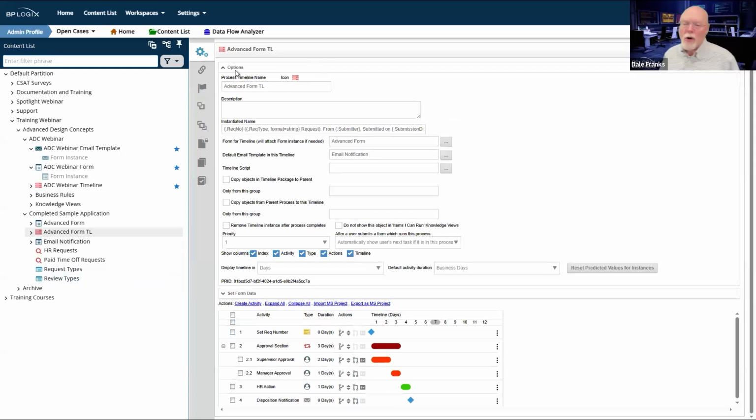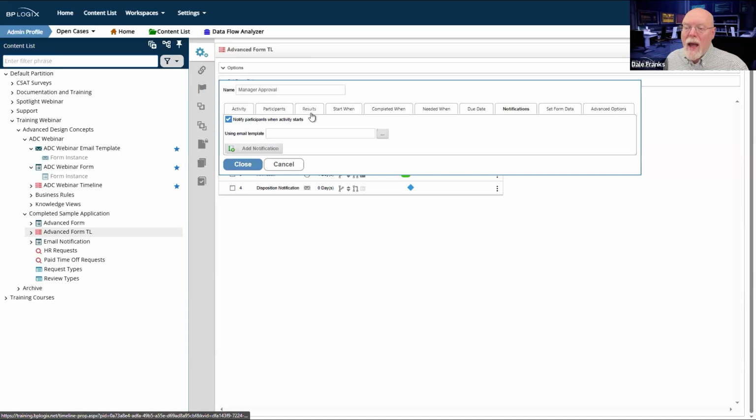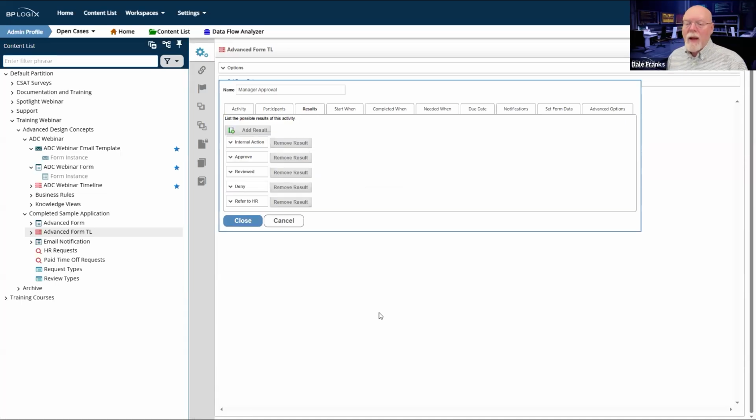now we looked at this earlier when we were talking about the timelines, and we looked at the different types of approval and how the different types of requests are going to work and how we're going to provide different types of results for each request. And because this is a little more complex application, I'm going to have different results at different times. And I'm also going to need to send different messages because of that, especially in this manager approval task.